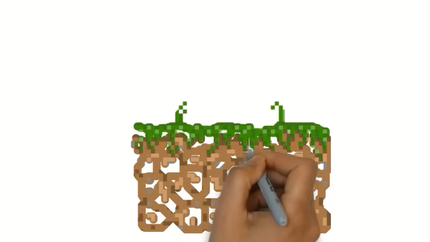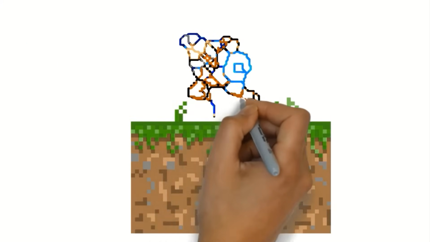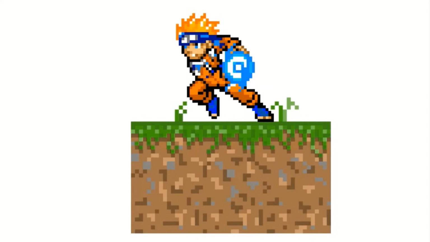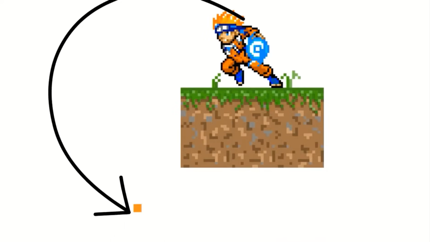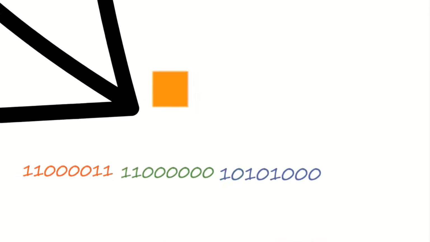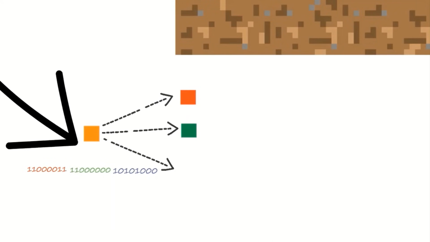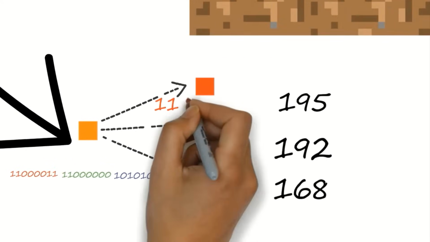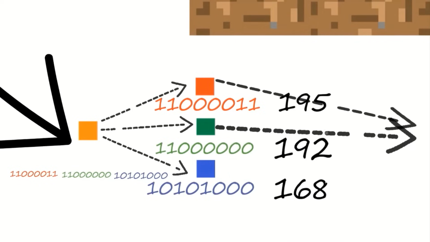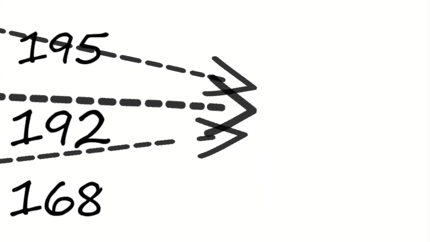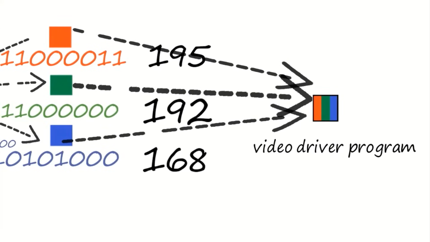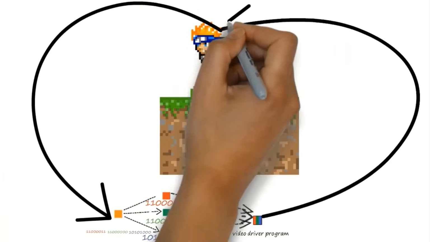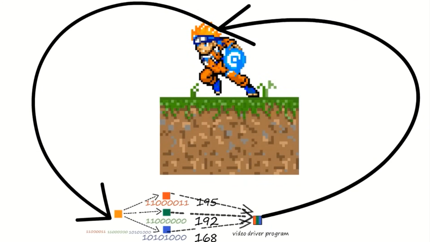Binary code is also used for far more complex types of data. Each frame of this video, for instance, is made of hundreds of thousands of pixels. In color images, every pixel is represented by three binary sequences that correspond to primary colors. Each sequence encodes a number that determines the intensity of the particular color. Then a video driver program transmits this information to the millions of liquid crystals in your screen to make all the different hues you see now.